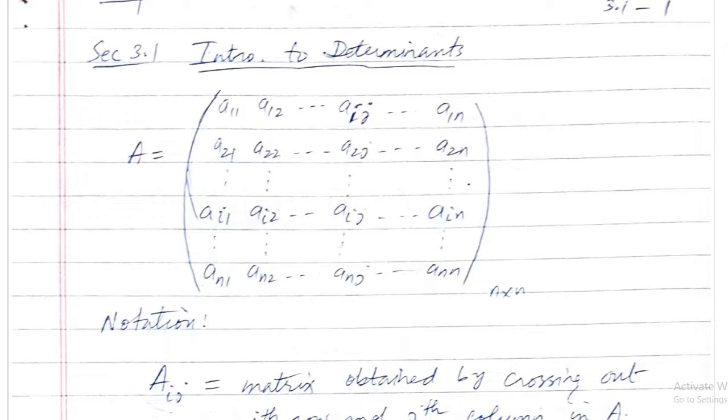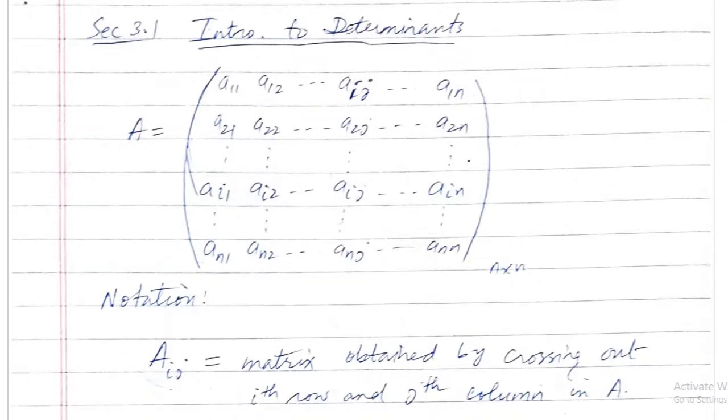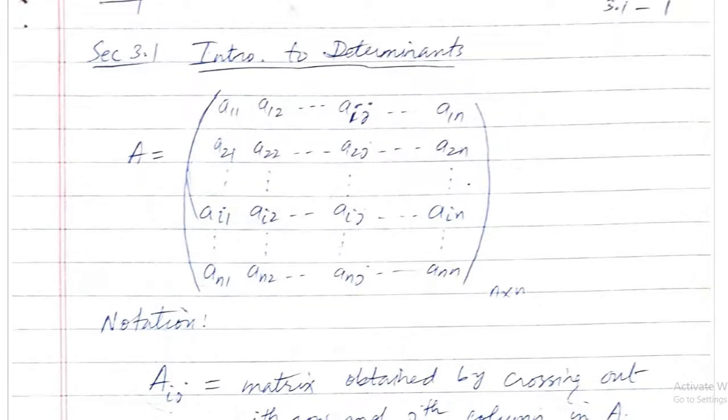So what was that basically? If this is a determinant of an n by n matrix, a general n by n matrix a11, a12 up to a1n and so on, where aij is the general ith row jth column element, right? What we do is we pick any row or any column. You can pick any row or any column.